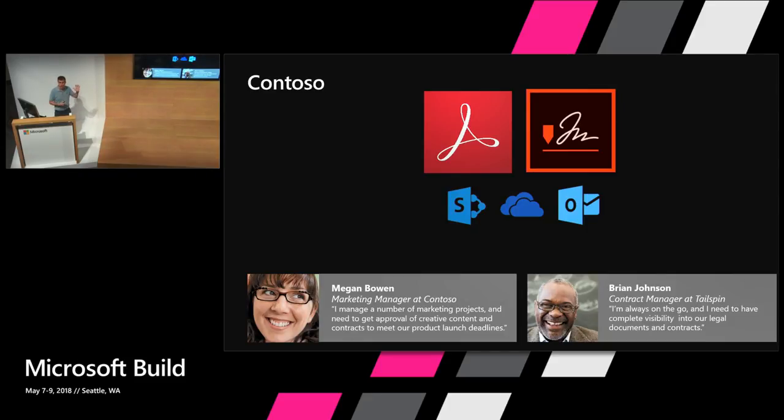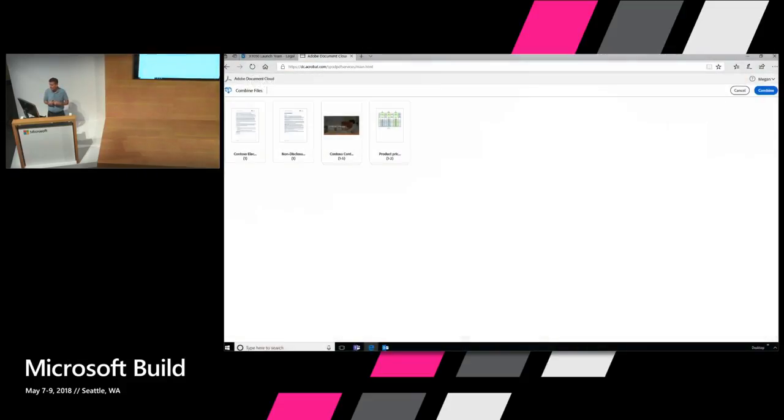One, Megan, a marketing manager who shares documents internally and externally and needs to get approvals from her partners and customers. Brian, one of her partners, needs to interact, sign contracts with Contoso, and make sure that they can continue their collaborative space. So let's dig right into this experience.